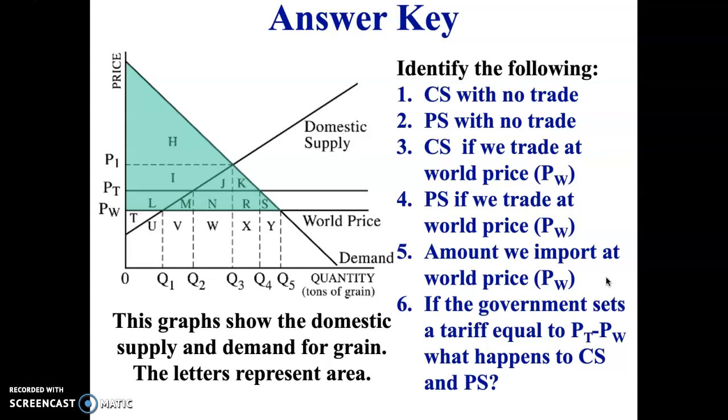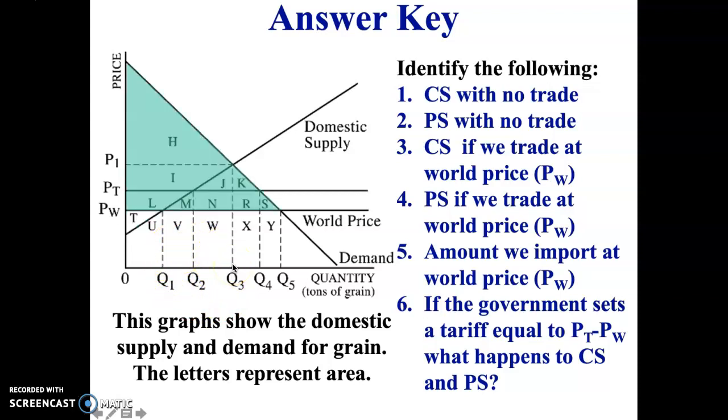Not only has it taken over areas I and L of what used to be producer surplus, but it has also captured areas J, K, M, N, R, and S. So a huge increase in surplus for consumers getting to buy cheaper grain at the world price, but producer surplus gets hammered down all the way to only area T. You'll notice that the quantity Q3 minus Q1 is the amount that is no longer being produced domestically. That represents a loss of jobs in the domestic grain market, so farmers being put out of business and so on.